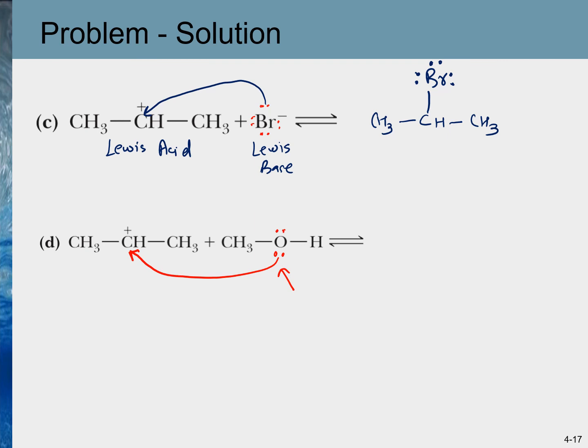It does not indicate the movement of atoms. In this case, the end product will be this. Now, because this alcohol molecule is donating an electron pair, it will be a Lewis base, and the carbocation will be